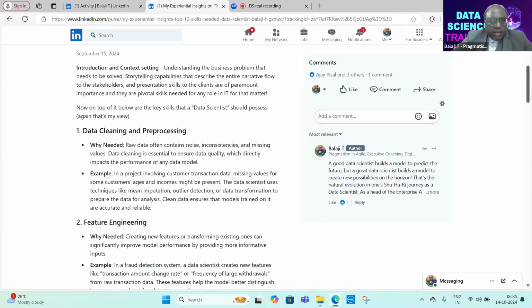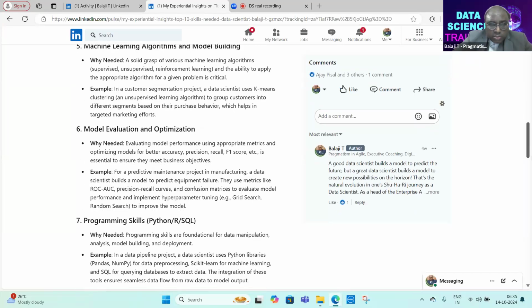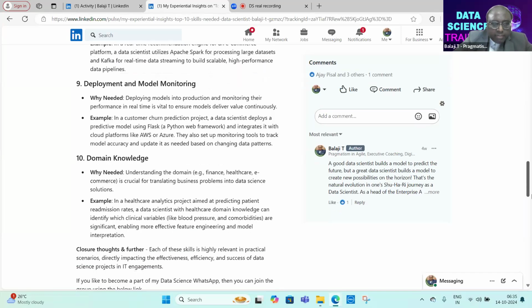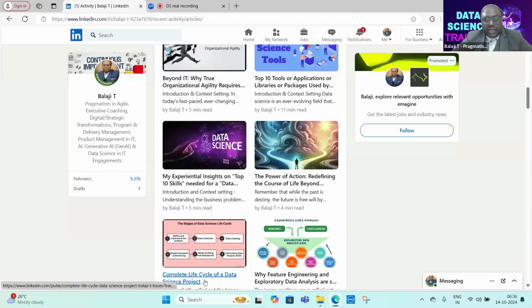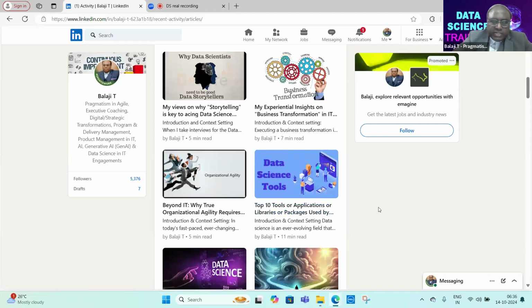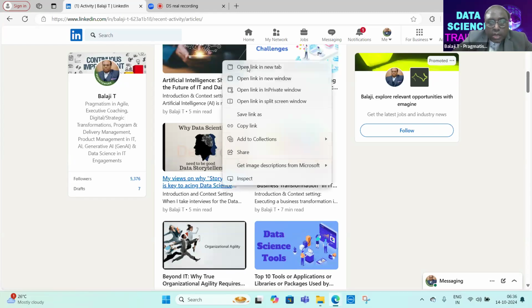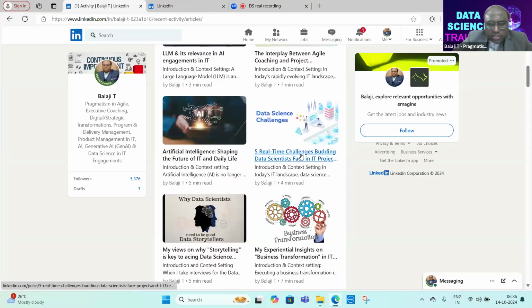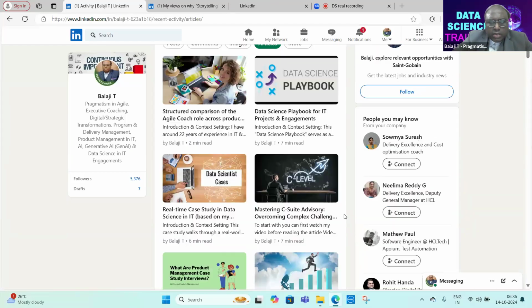I have just put it on a very high level, so you could just go through this and see why it is needed. And I'm also giving a real-time example for each of these capabilities, because you need to know from a real-time perspective why am I doing this, how it is getting connected to the overall big picture, right? And some tools or applications or libraries or packages which are being used, and most importantly, the art of storytelling. I will come back to that, but before that, I'm just seeing what the other two are. These are all other agile articles.